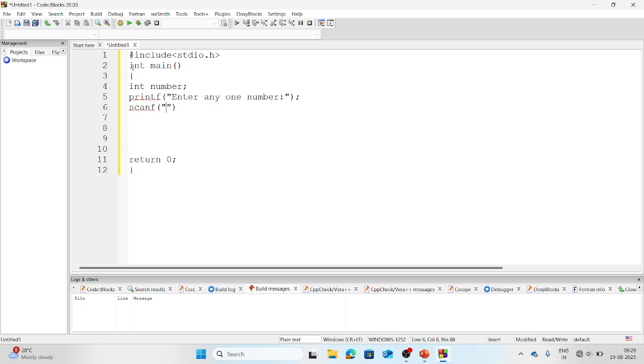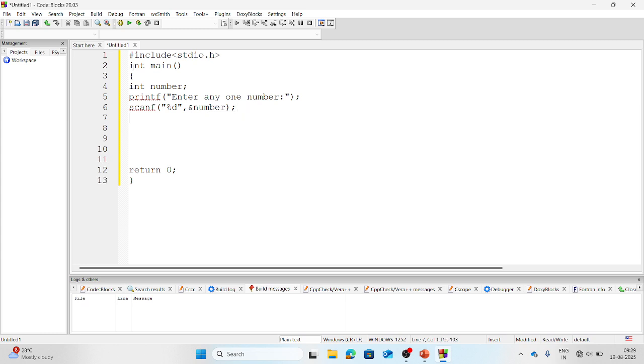In scanf, I'm telling my compiler that it is an integer type, so that is percentage d. Then I need to take a comma, and then where I need to store it: at the address of number. All right, now terminate your line.